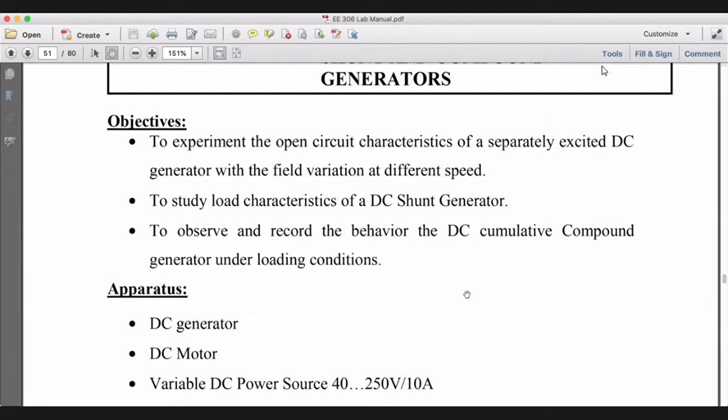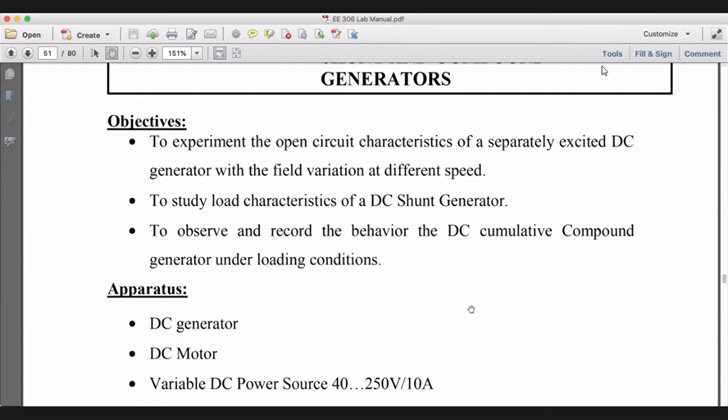But gentlemen, if there is no load, let's say we produce EA, which is the EMF produced at the armature, it is equal to the terminal voltage, which I use and you people are using, if there is no loss or if the load is not connected. Open circuit means load is not connected. Generation is equal to terminal voltage, output voltage, because load is not connected, current is not flowing, and if the current is not flowing, there is no loss. Understand? EA equal to VT, a straight line. This should be the characteristic of the generator.